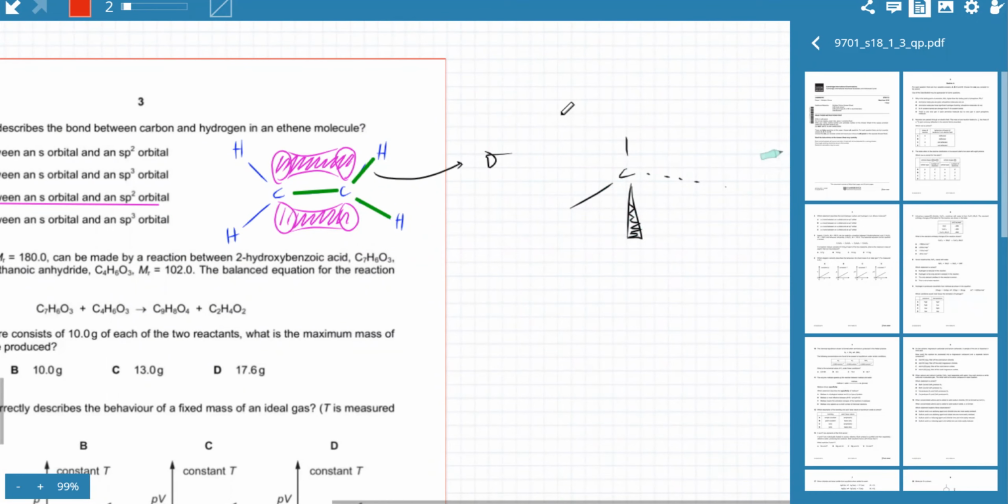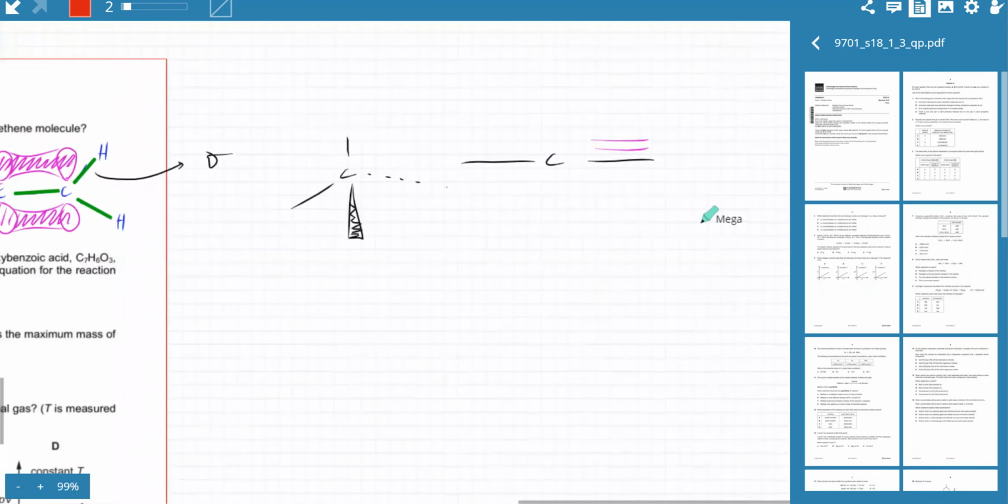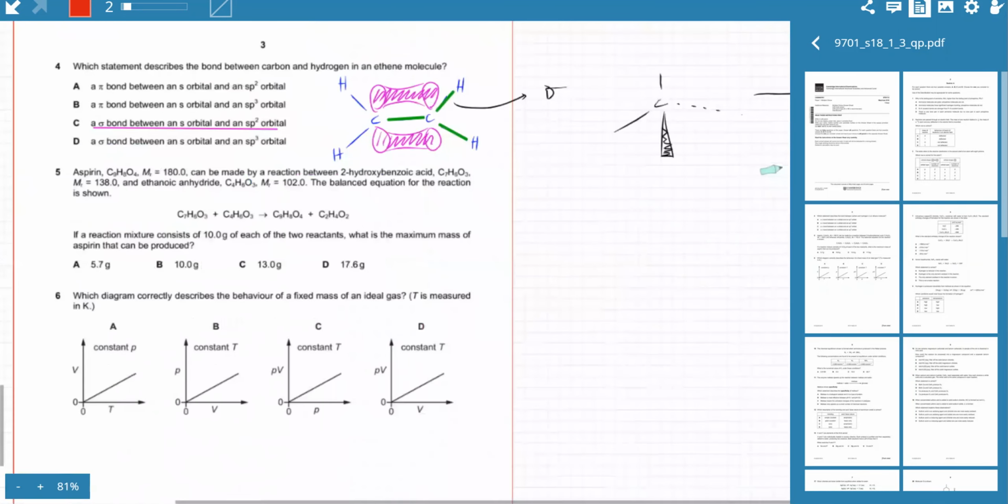And then sp hybridization was when carbon was only bonded to 2 atoms. So that meant there were 2 orbitals available for pi bonding, because carbon has a total of 4 orbitals. So it would either form a double bond, another pi bond on both sides, like carbon dioxide, or it might form a triple bond on one side and a single bond on the other side. So that was sp hybridization, when carbon is only bonded to 2 atoms.